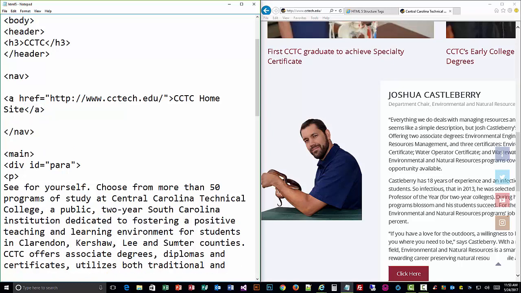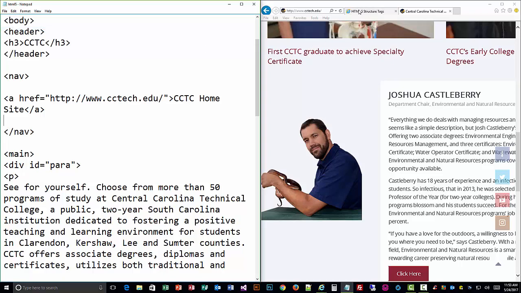So you have the anchor tag. The first part of the anchor tag is you have the anchor tag, then you have the attribute for the address for what your link is going to link to, or what page or website. And then the second part is the actual text that a person is going to see when they click on it. Okay. So now that we have our hyperlink in here, let's go ahead, save this,